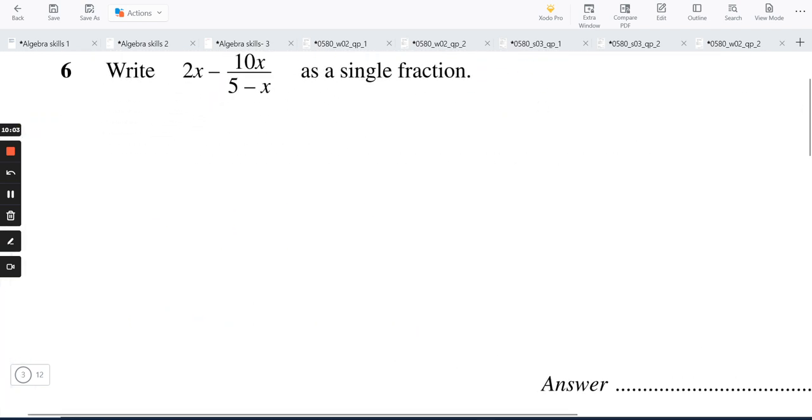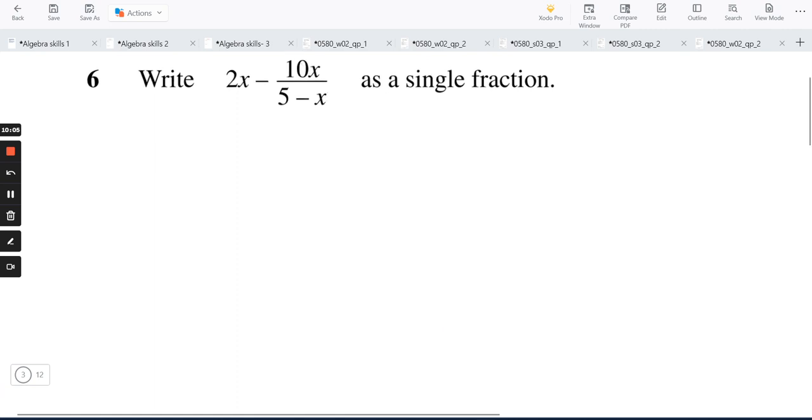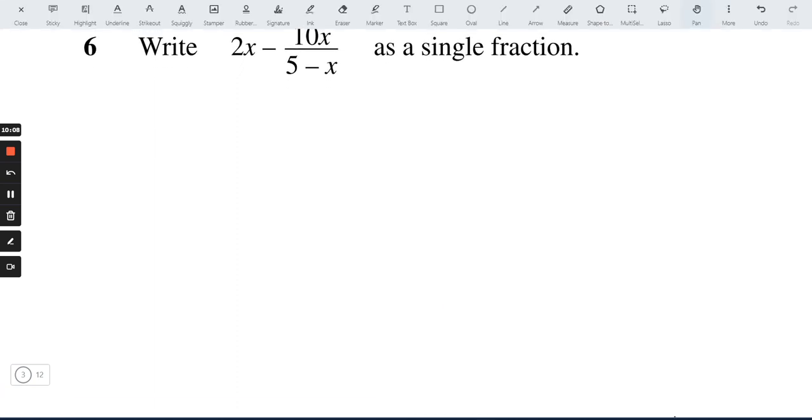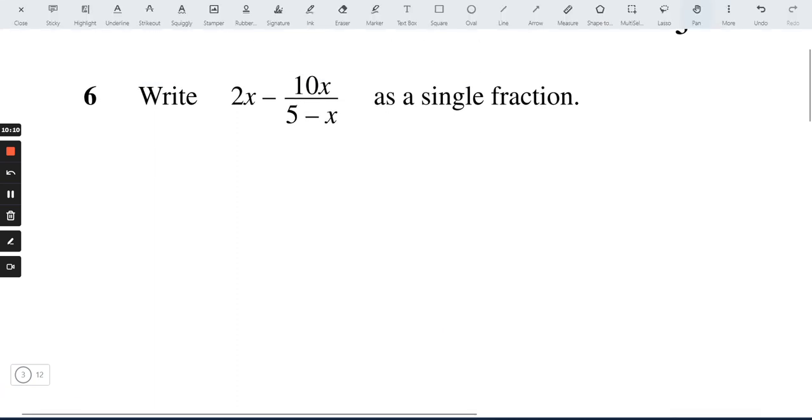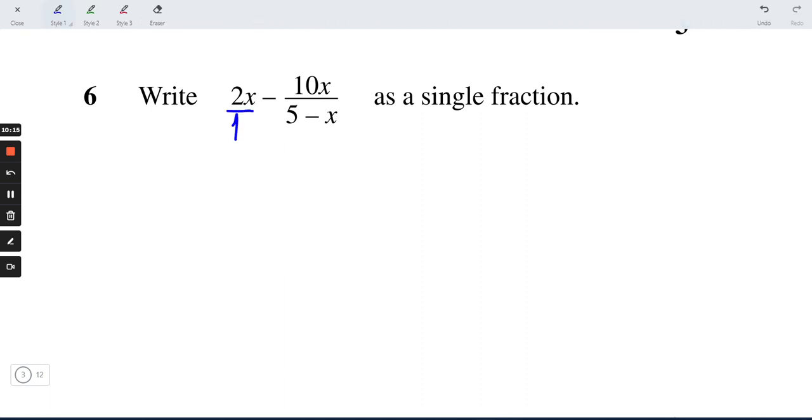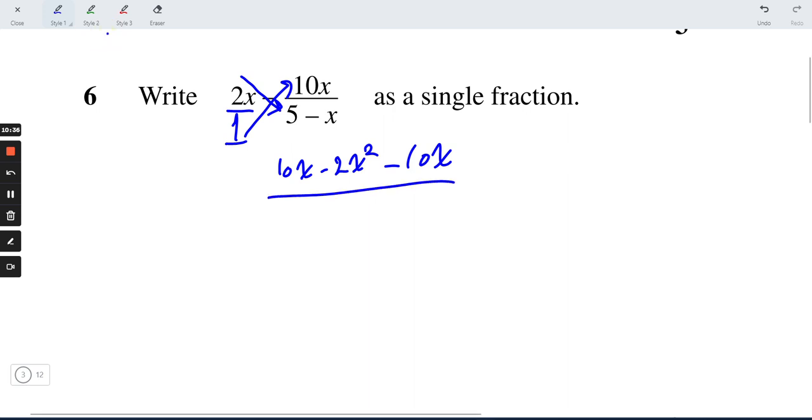Question 5, question 6. Write this as a single fraction. Here, easy. We know that 2x is over 1. So, butterfly multiplication: 2x times 5 minus x will get 10x minus 2x squared, then minus 10x, because 1 times 10x is 10x, dividing by 1 times 5 minus x, which